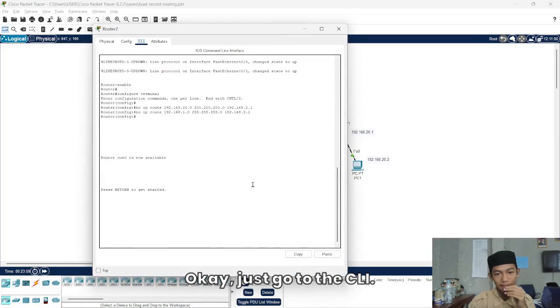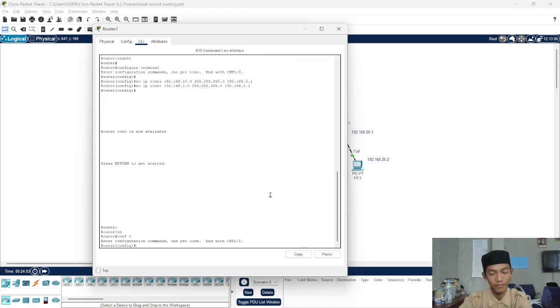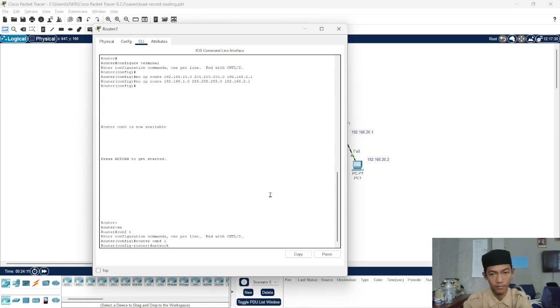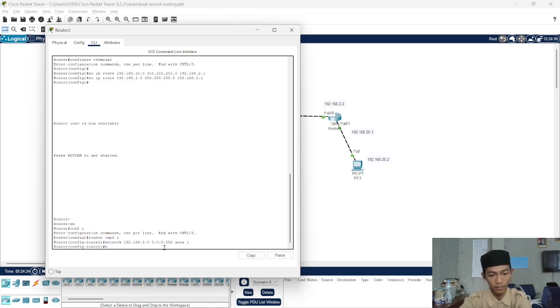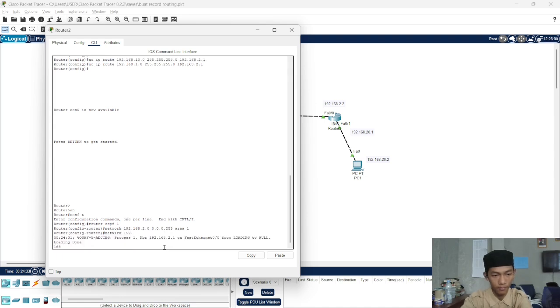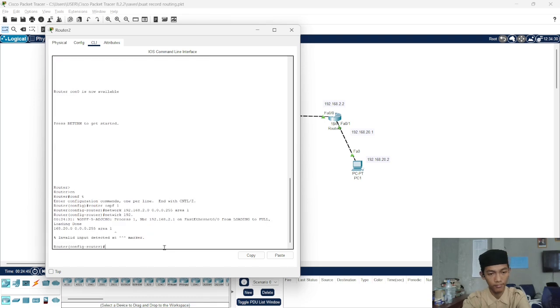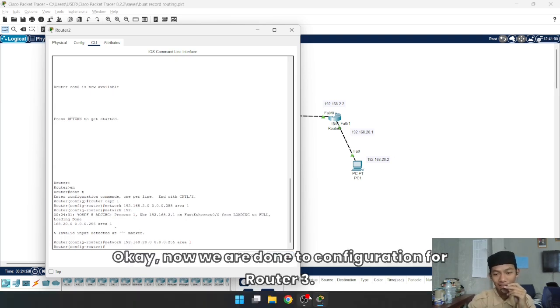Okay, just go to the CLI. Okay, now we are done with the configuration for router 3.